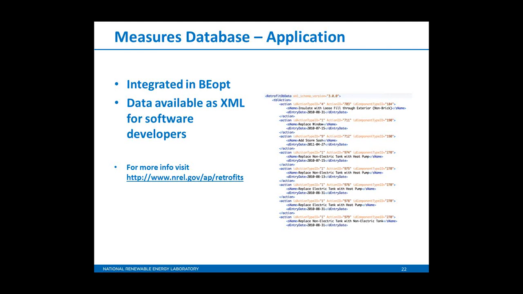I think the key thing here is, we have integrated this database into BEopt, and so when you go through and you're looking at those options there, they come from our database. And of course, you can always create your own options. If you've gotten a quote or a price from somebody, or properties for a technology that's not quite listed in the database the way you need it, you can always add it yourself. But this gives a kind of good general pick and choose